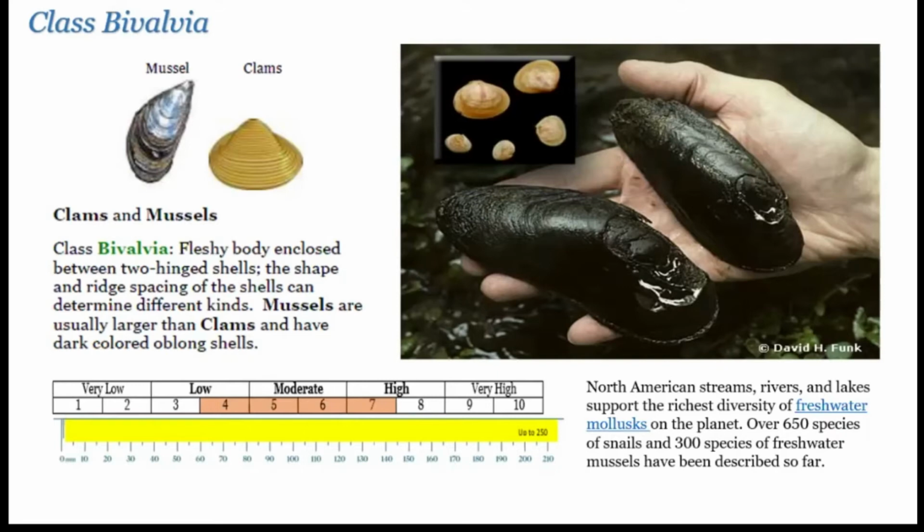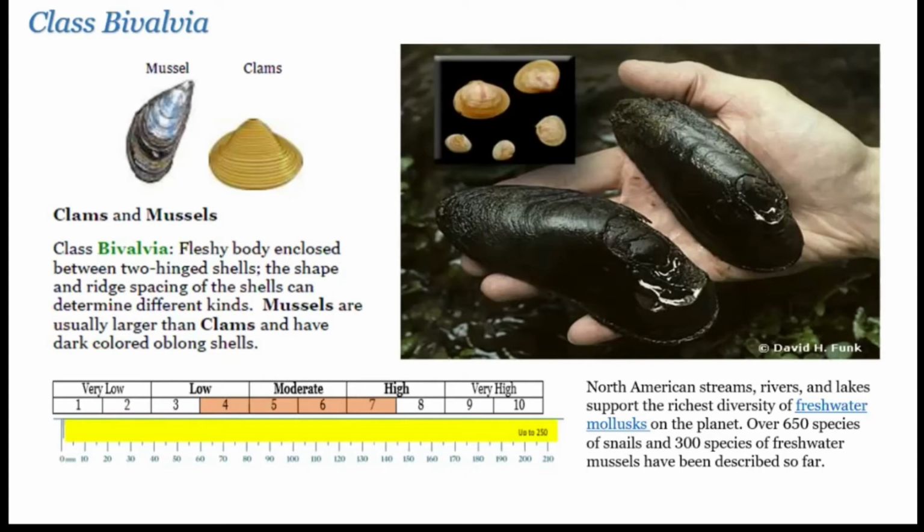There are some invasive species of both mussels and clams that we're concerned about. The zebra mussel and the Asian clam are two examples, and they've been carried into other watersheds by barges and boats and things like that. And unfortunately, they've been carried into some of these areas by fishermen, because their larval form will attach to the boat and ride along for a while, and you go to the next lake or river or creek, and you end up introducing something. So if you are a fisher person and you have waders or a boat, make sure you clean your waders really well. Make sure you clean your boat really well, because you could be introducing something that you didn't mean to introduce.